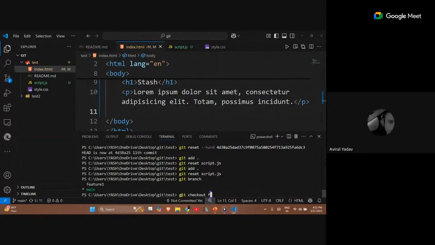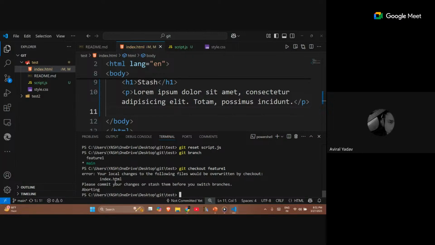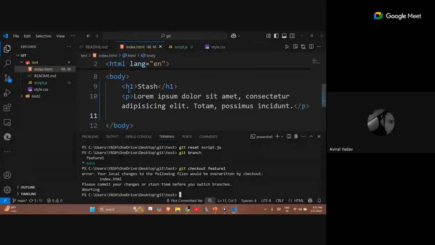you can see that an error arises: your local changes to the following files would be overwritten by checkout index. Please commit your changes or stash them before you switch branches. Aborting. What this means is that I haven't saved whatever I have done.